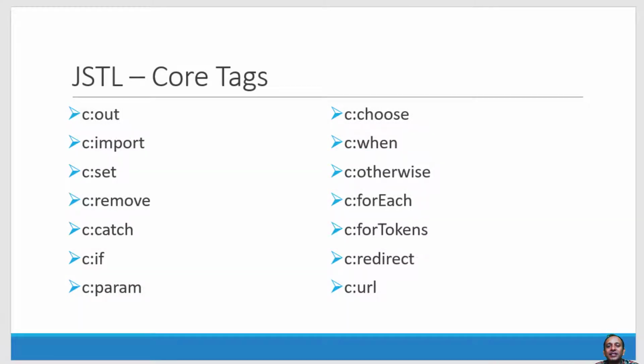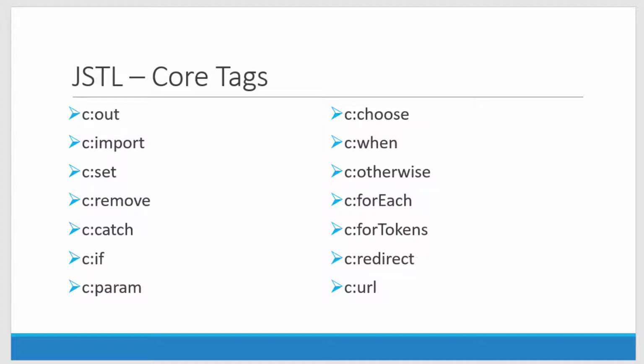Hi, let us understand about JSTL core tag libraries. Most of the time we will be using this specific tag library, and the version we are going to use for our demo purpose is 1.2. As a part of core tag libraries, we do have the libraries to import any Java class or work with